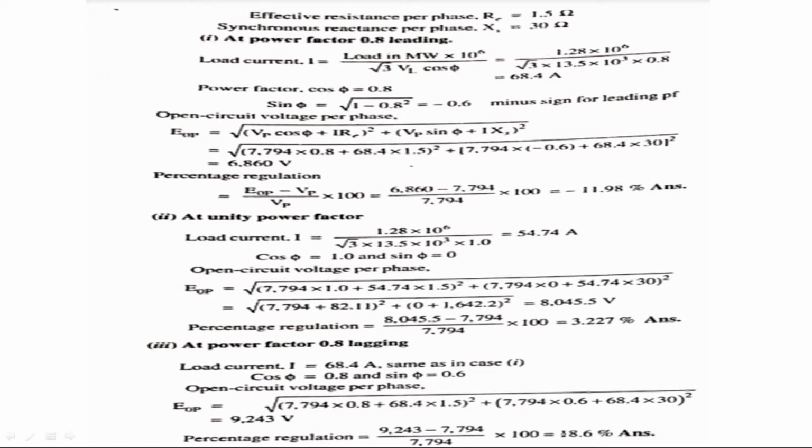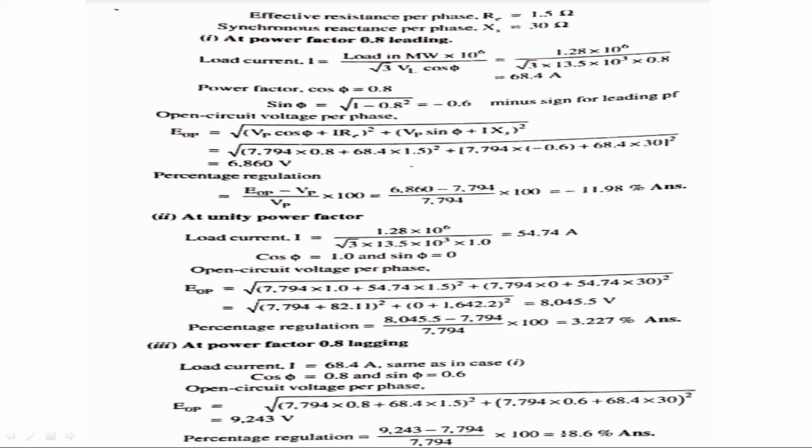Now if you know the value of cos phi as 0.8, sin phi we can also calculate, that is root of 1 minus cos square phi, that is root of 1 minus 0.8 square, which is 0.6. Another method of finding sin phi is, phi is equal to cos inverse of 0.8, then phi will be equal to 55 point some value, then sine of that value will give us 0.6. In that way also we get the same value for sin phi.